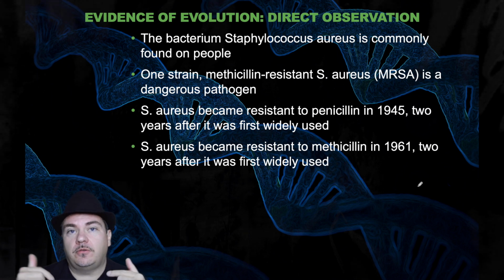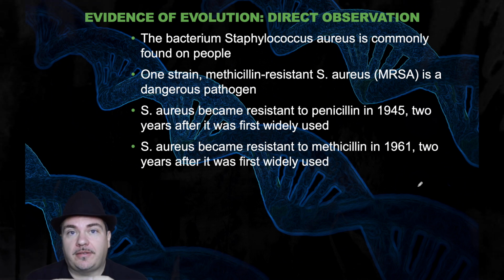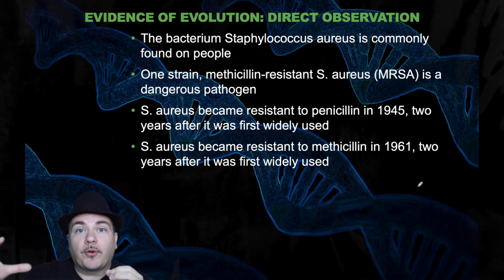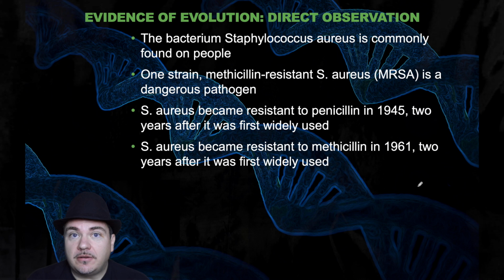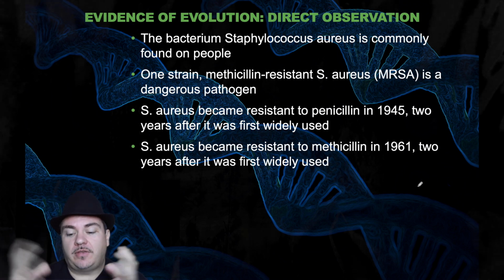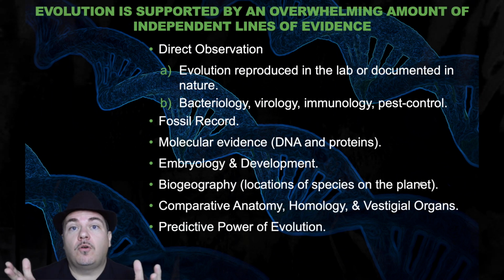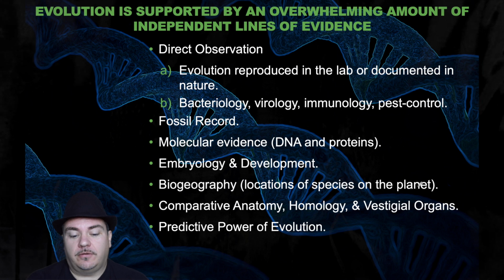In other words, we started using selective pressure on the bacteria. We started using antibiotics to try to kill off the bacteria, just like the bird eating the brown beetles. What happens? More green beetles live. We use antibiotics to try to kill off these bacteria. What happens? The bacteria that happen to be resistant to that antibiotic happen to live. So there's an enormous, overwhelming amount of evidence for evolution. I've just barely scratched the surface talking about it.